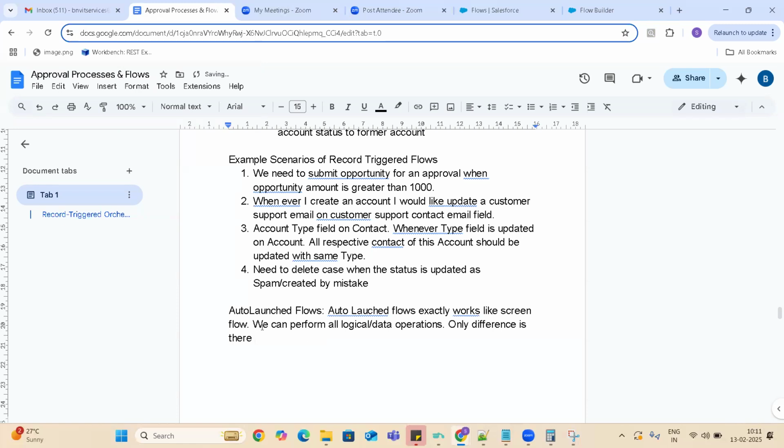There is no option to add screens. Okay.